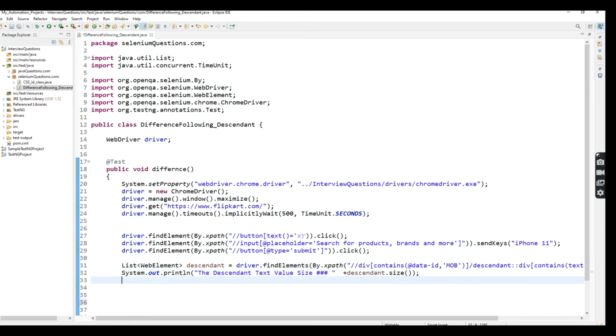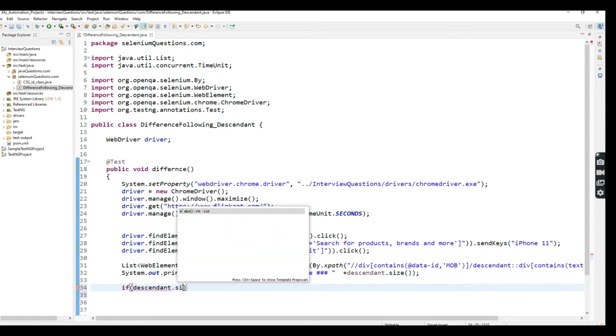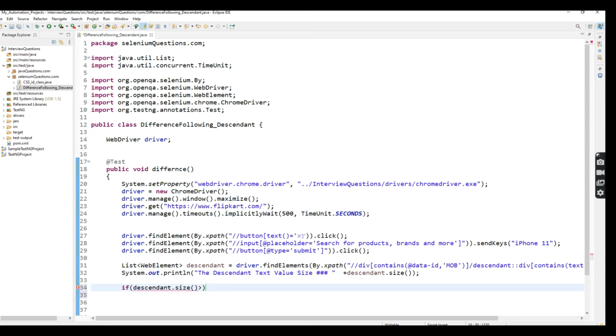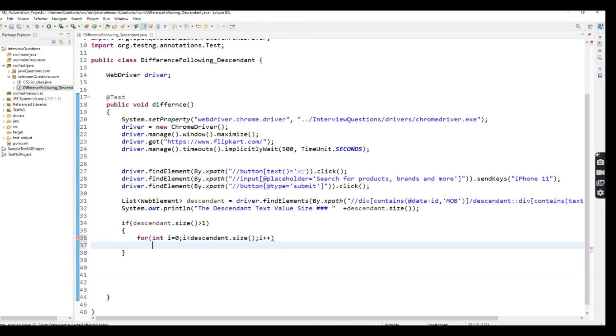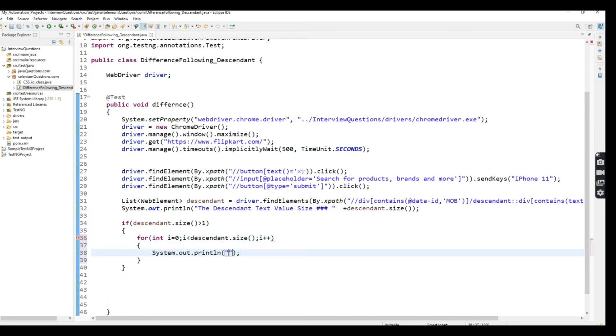Then I'm going to put one if condition: if descendant size is greater than 1, I'm going to print all the values. I'm going to use a for loop, for i from 0 while i is less than descendant size, i plus plus, then System out println descendant get text.